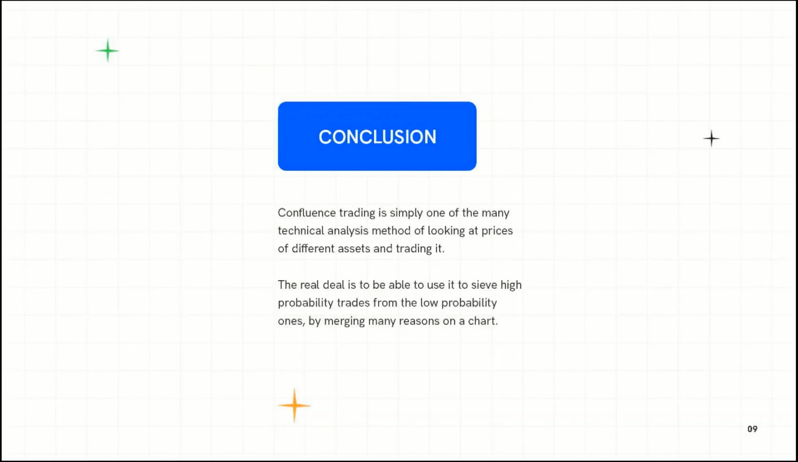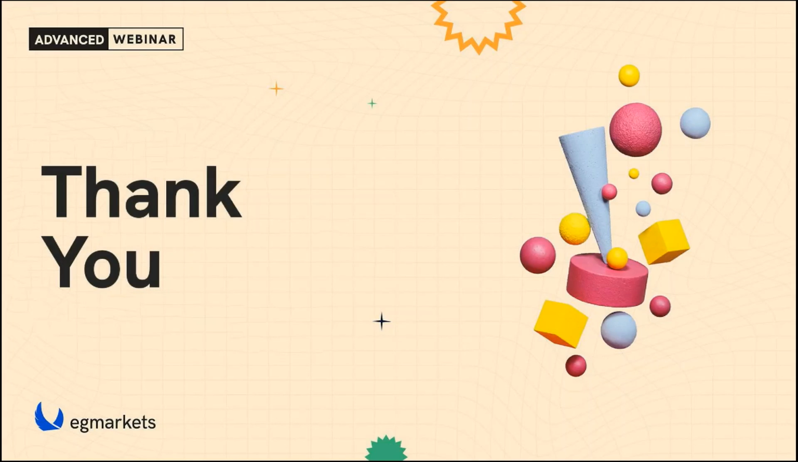Now, in conclusion, trading is simply one of the many technical analysis methods of looking at the price of different assets and trading it. The real concept is to be able to use confluence to sieve high probability trades from the low probability ones by merging many reasons on a chart. So this brings us to the end of today's